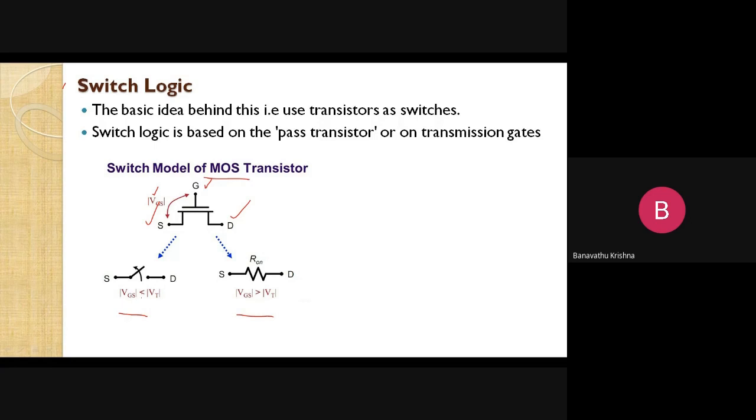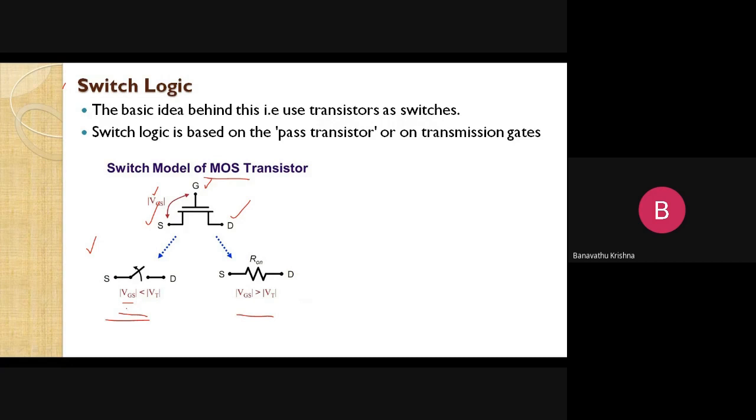So how does it act as an open switch and how does it act as a closed switch? Let us see. In this case VGS is less than VT. What is meant by VT? VT is nothing but the threshold voltage. We apply an input voltage greater than or equal to the threshold voltage, then only the device goes into the resistive region, the on region, changing its conducting properties. Then only the device acts as a closed switch. Below that threshold level, the device simply acts as an open switch, like this.